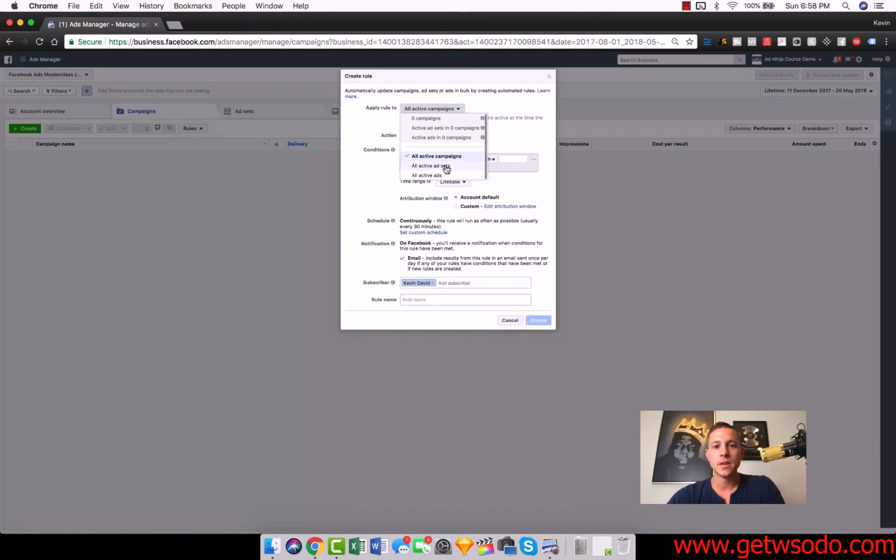The way that I like to use them is with all active ad sets. And you can do this a couple of different ways. The two main ways that I like to use it are turning off ad sets and adjusting the budget. For the first one, we're talking about turning off ad sets. So what we're going to do is, if we want to make sure that we turn off any ad sets that are getting a little bit too expensive, we first have to establish what our kind of acceptable cost per